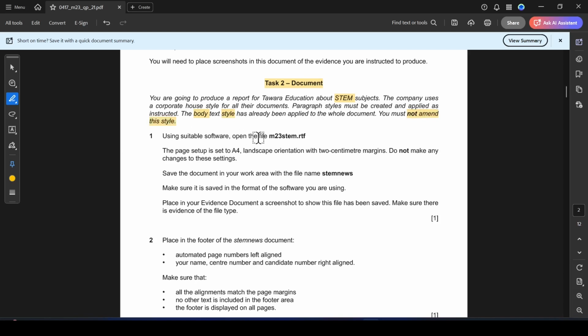Here you need to understand, as I told you in the previous video also, do not change any of the settings which come along with the document, meaning the default settings. Don't change any default setting. Okay, now let's start. Question number 1, using a suitable software package, open the file